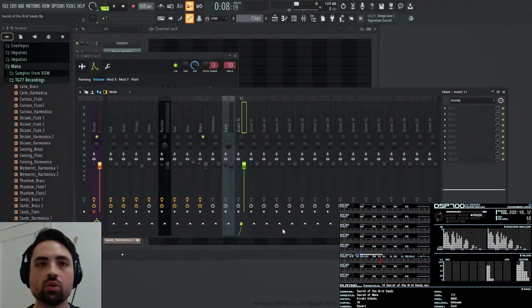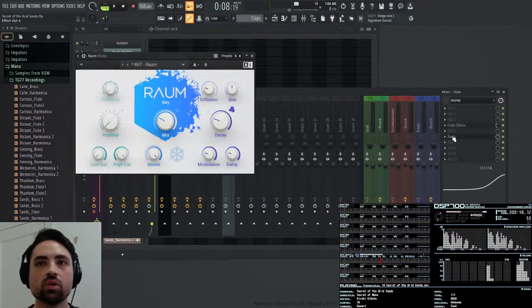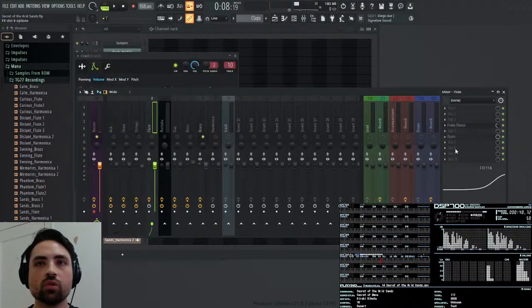So let me go to 11 and dock to the right. Oh, they're still there. I just had the thing collapsed. Wow. Okay, so let me dock this to the middle again. I'm going to, what was the first thing I put reverb on? Was the flute. So let me go and set, like I'm going to remove this.